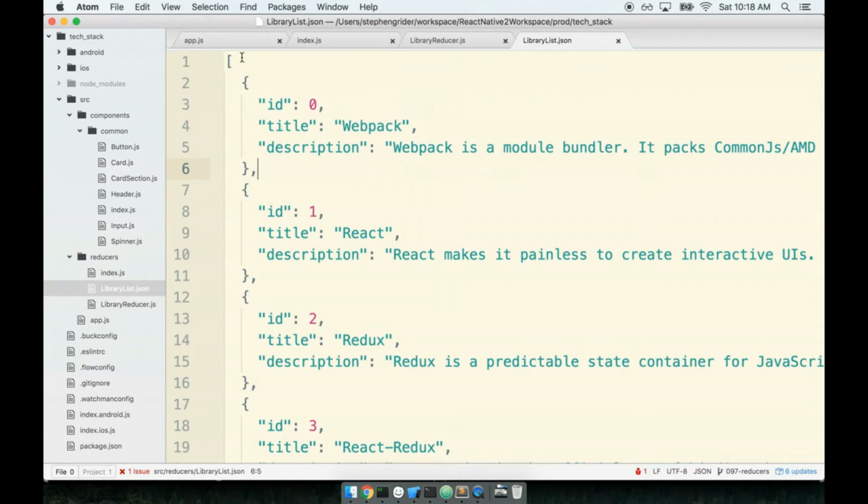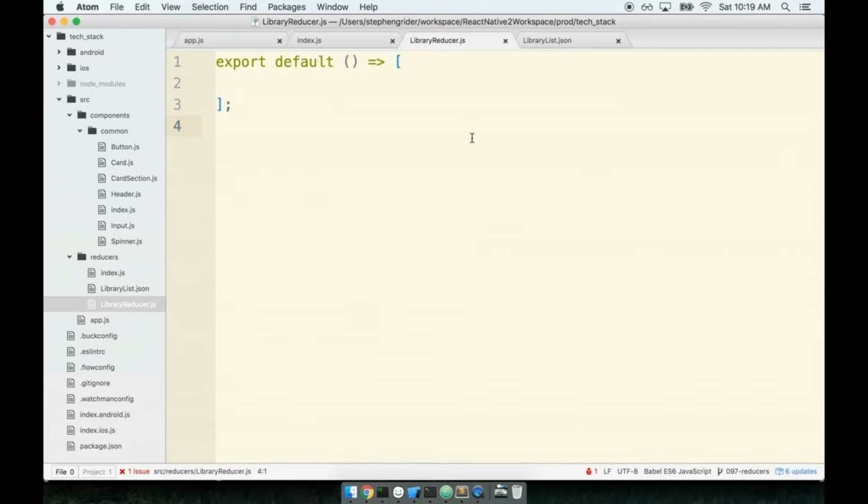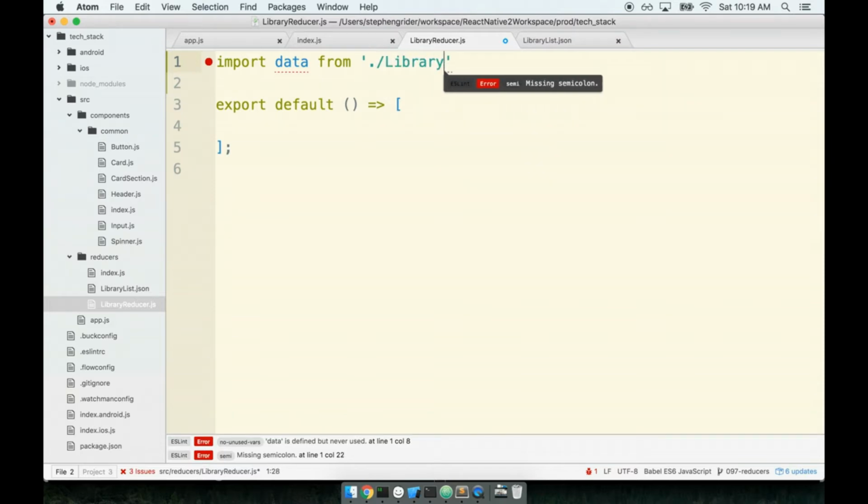All right, hopefully you have now copy pasted the contents of all these libraries into the library list.json file. So now we are going to import that list of libraries into our library reducer, and instead of returning this empty array right here, we will return that list of data, or list of libraries, that we just added. So at the top of my library reducer file, I will import, we'll call it just simply data, from library